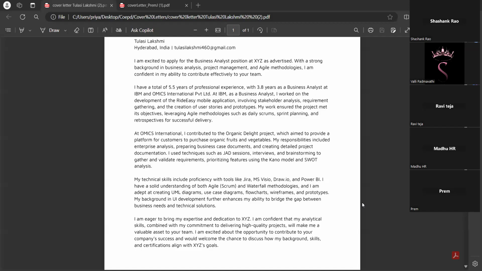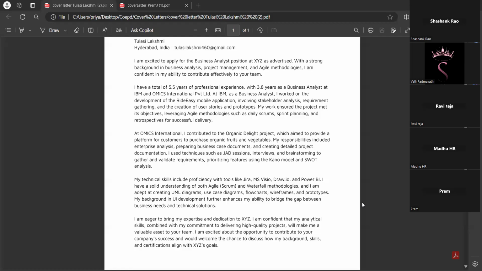I created flowcharts and use case diagrams for my Ride Easy project, and for Organic Delight also. Can you also explain how MS Visio is different from Draw.io?